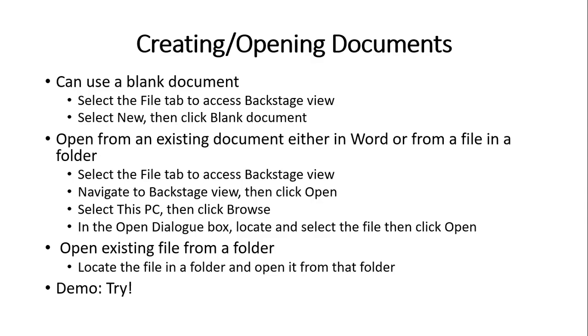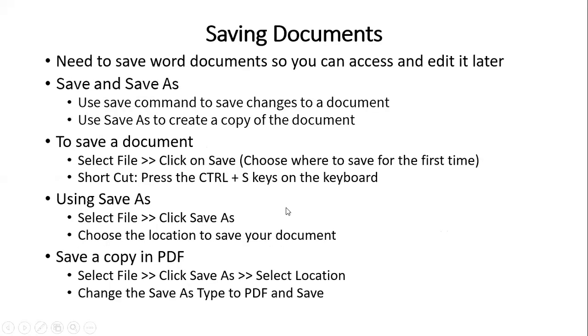So if you want to open an existing document, all you do is go to File. So you go to the Backstage view, and then you click on Open, and then you look at where you saved it, and then you open it. Or you can directly go to the folder where you saved the document and double click, and then it opens. So that's how we open a file, and that is very easy. For anybody who is using a computer, you should know how to open a file. You locate where the file is, you double click, and then you open it.